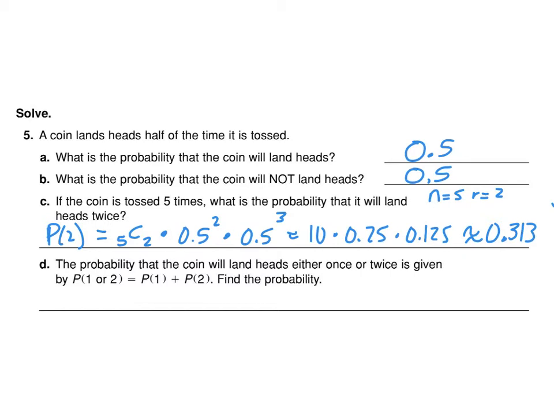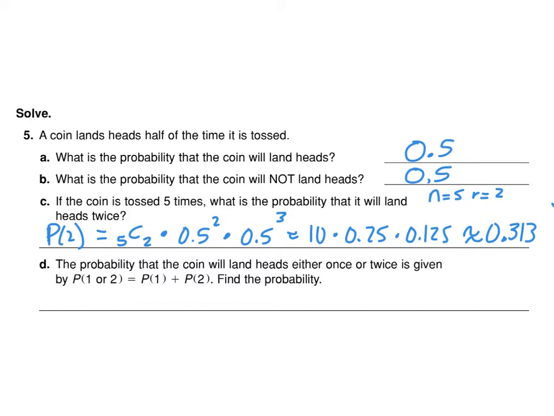Okay, 0.313. That is a probability, a little less than a third, that the coin will land heads twice. In the next problem, they're asking us to compute